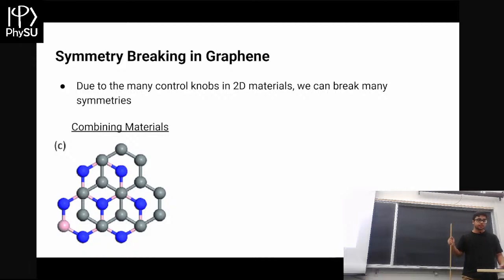One of them is combining materials. If you have some other 2D material that doesn't have inversion symmetry, this is a more concrete example of inversion symmetry. Imagine just this sheet that's pink and blue. If you were to choose this point and invert everything about it, so you reflect everything about the origin, the blue point goes here, this one goes here, and this one goes here. You can see that the crystal that you end up with isn't the exact same thing as you started with. So that breaks inversion symmetry.